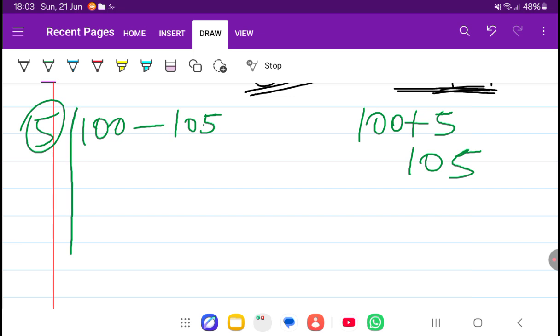Of course we have gotten the first class, it is 100 to 105. That is our first class. Then maybe we try to see how we get the other one. Now what we do, we add the class width to the lowest score. Of course we added the lowest score, we got 105. Then